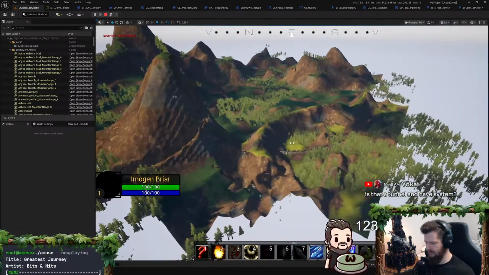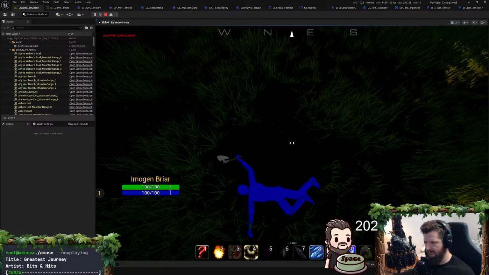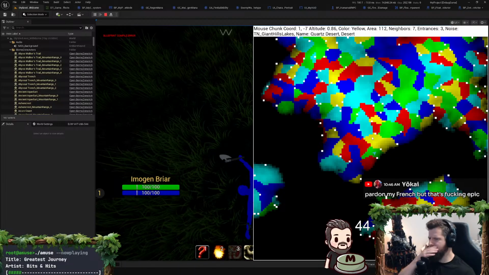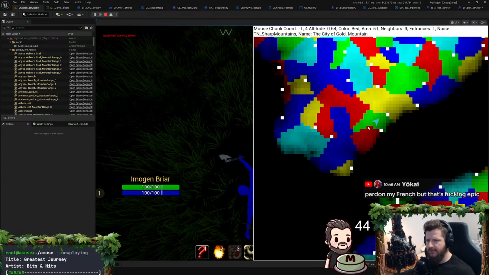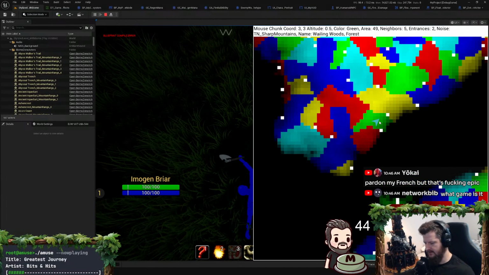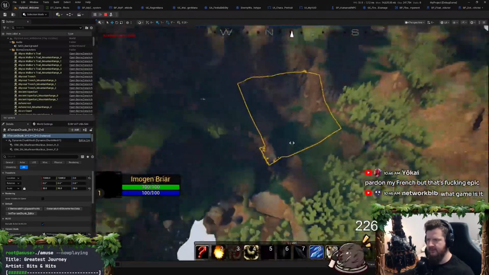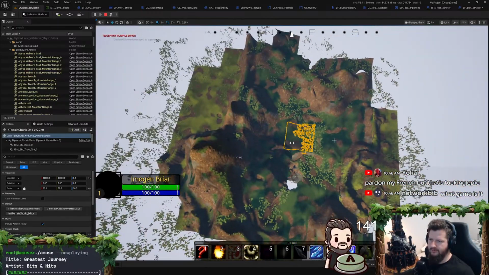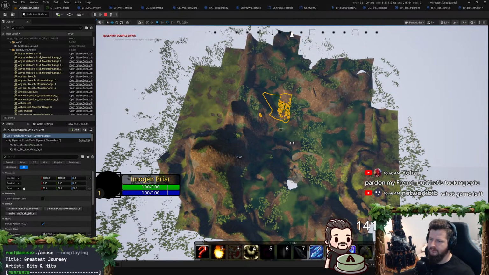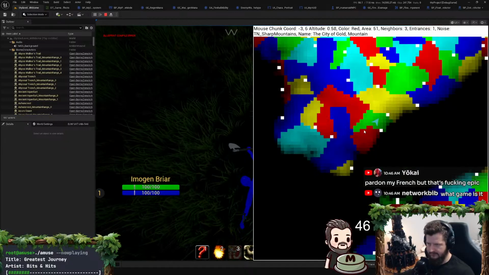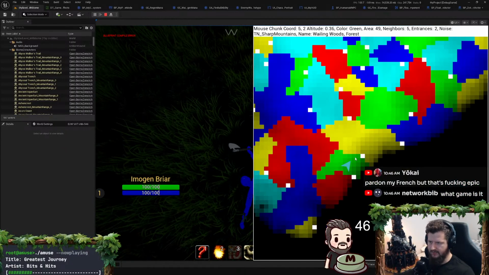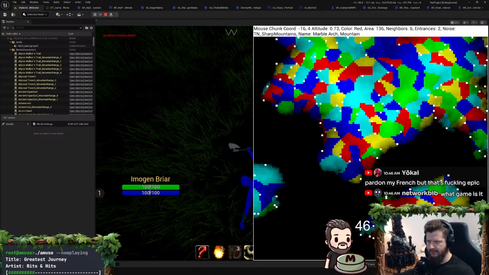So yeah, my character is kind of broken right now and I don't know why, but here's the world map. Each pixel on this world map is a terrain chunk. So if I click here, 1, 2, 3, there's a radius of 4 terrain chunks. So that's like this big. And then the world's like 15 kilometers large. I'll probably end up making it smaller because that's really big.